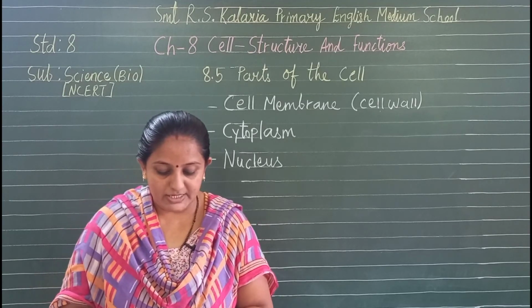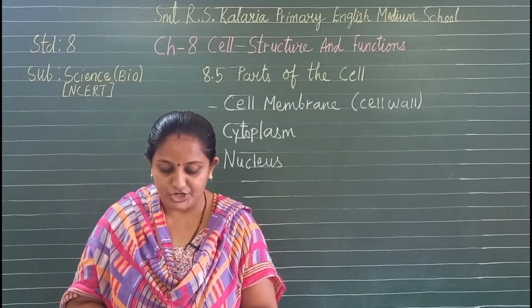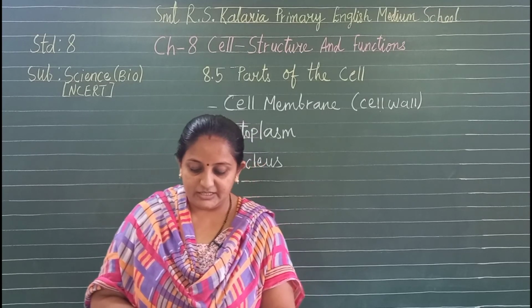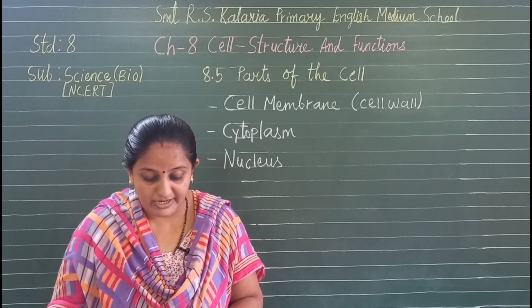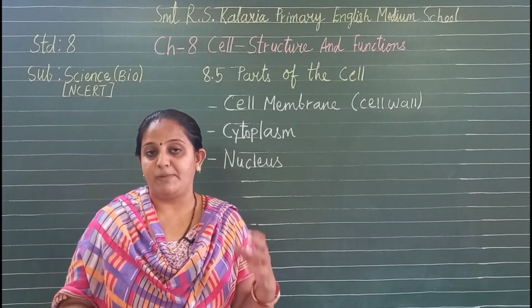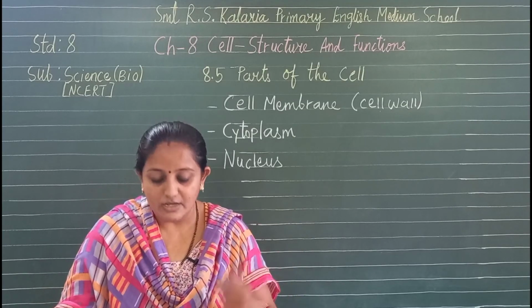Now you might have noticed several small colored bodies in the cytoplasm of the cells of the Tradescantia leaf. They are scattered in the cytoplasm of the cells. These are called plastids. They are of different colors. Some of them contain a green pigment called chlorophyll, and some are non-green.